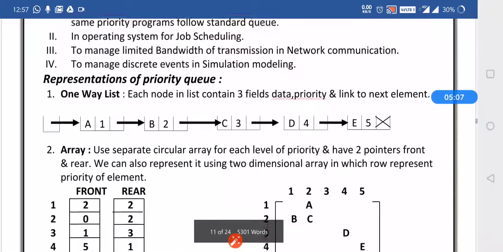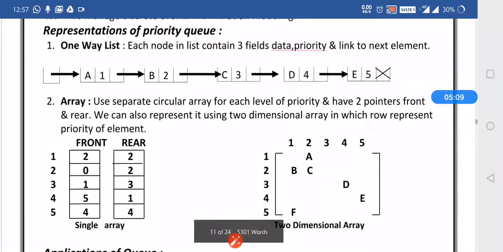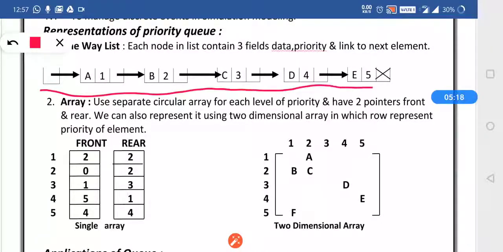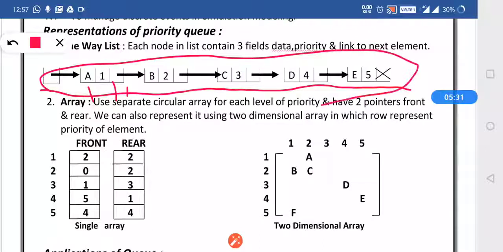Now, how do we represent the priority queue? The representation of priority queue is done by a one-way list, means the queue is arranged in a particular format of the list, where each node contains three fields, that is data, priority, and link to the next element. We can see that each node has the element, the priority, as well as the link.